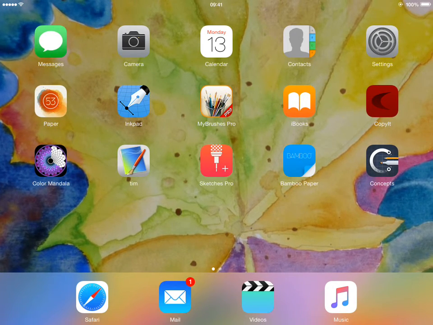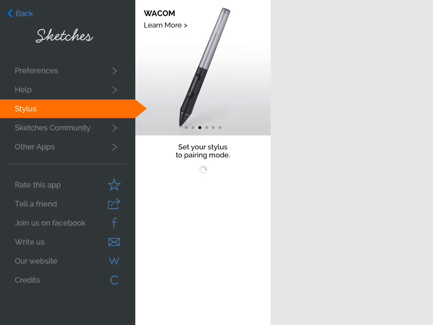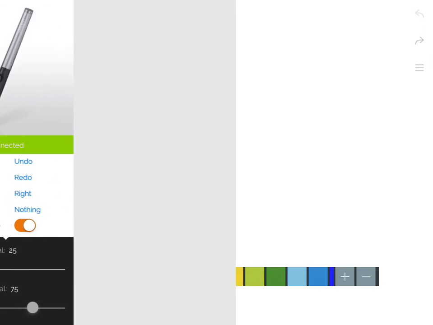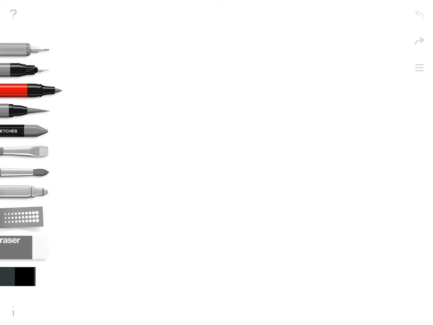Okay, so I'm going to use Sketches Pro, and this is the one here. And because I'm using an actual stylus, which is a capacitive stylus, I need to simply press on the information button on the bottom, go to stylus and click my stylus on, and it now tells me that it's connected. So I go back to my page and I'm going to choose black for my colour, and you just select